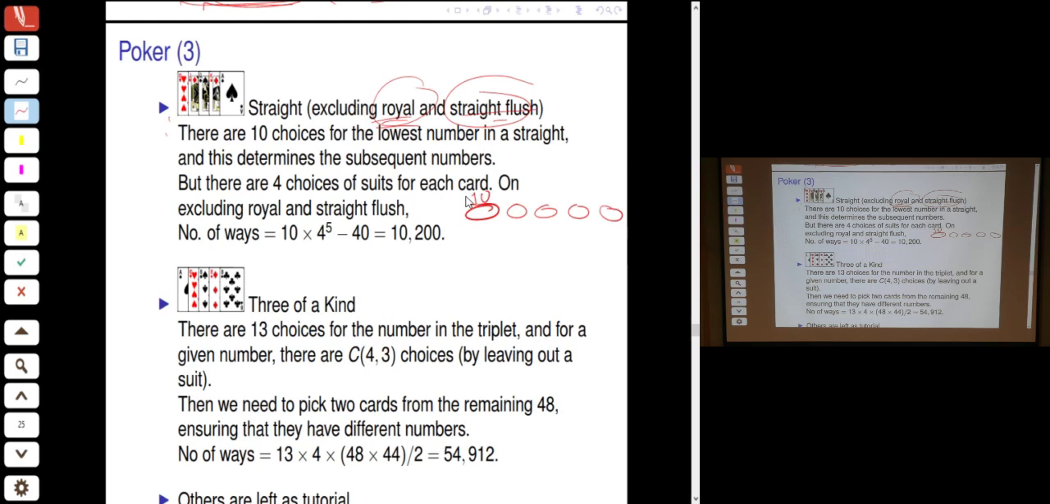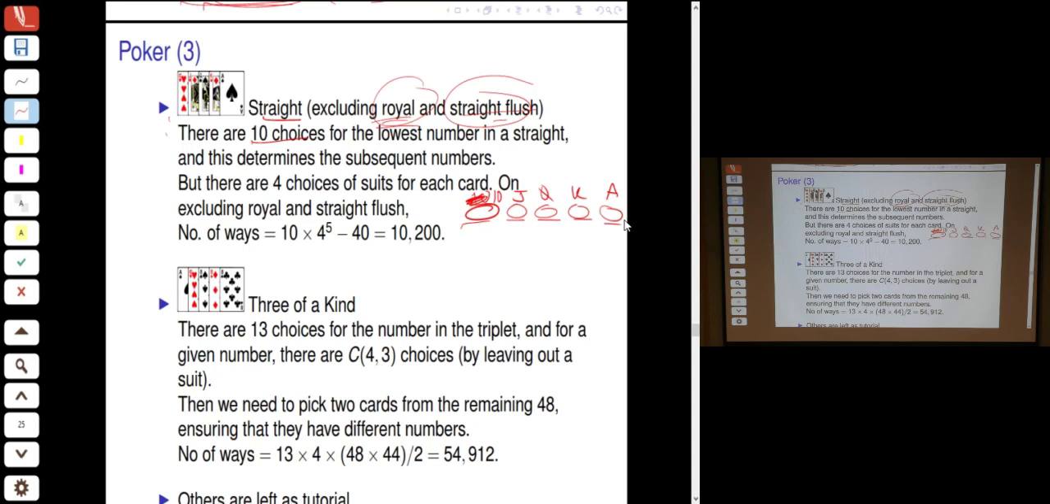We first choose the numbers. So how do we choose the numbers? The lowest number can be obtained in 10 ways. And once you have the lowest number, the other ones fall in line because they have to be consecutive, because it's a straight hand. And once you have the numbers fixed, all that remains to be done is to choose